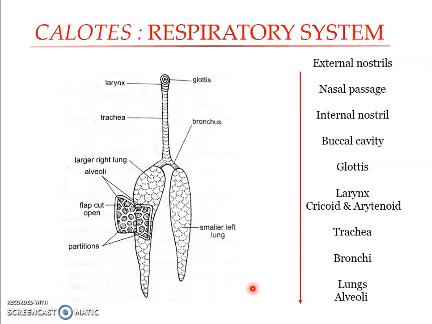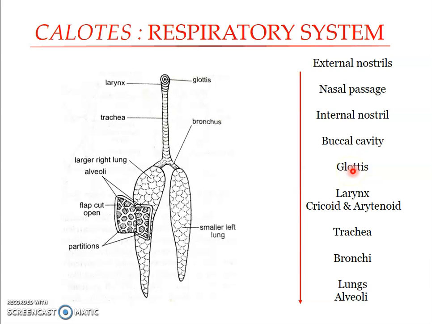The respiratory organs include, you can see here, a pair of external nostrils. The external nostrils lie a little in front of the eyes and they lead into the nasal passage or the nasal chamber. These nasal chambers open into the roof of the buccal cavity and communicate with the buccal cavity through internal nostrils. On the floor of the buccal cavity, just behind the tongue, is located the glottis,